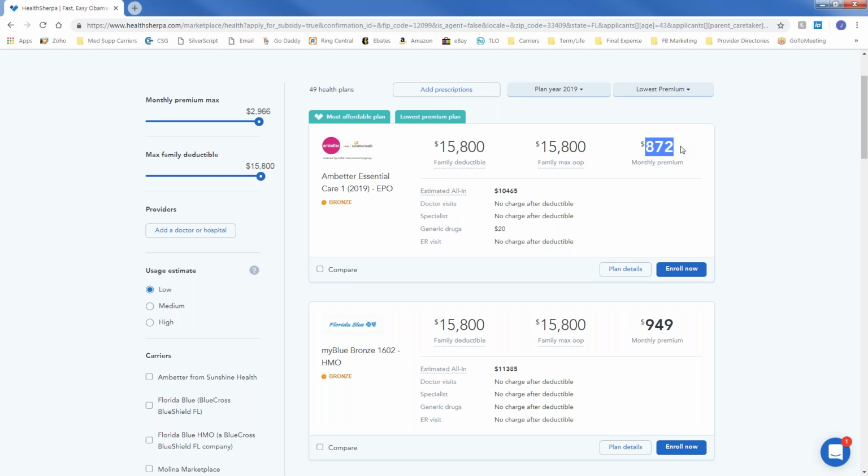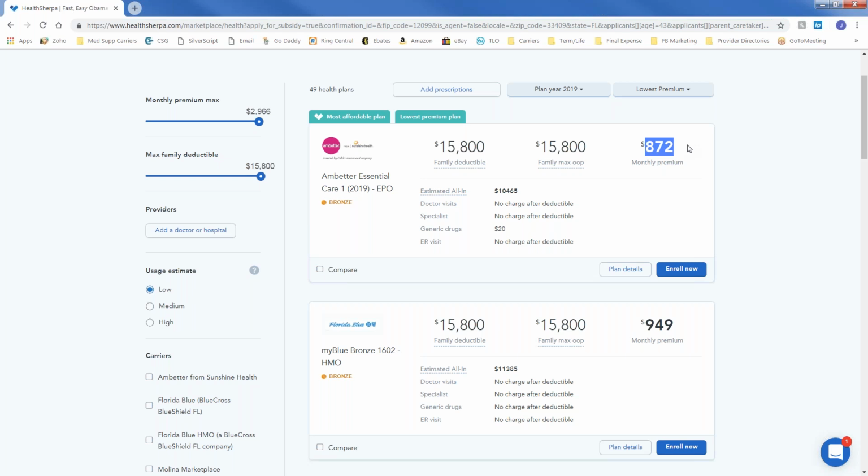Doctor visit, blood work, emergency room, hospital overnight stay, surgery, doesn't matter. Other than a physical is $150 cash, just so everyone knows. But other than a physical, we would have to pay $26,264: $15,800 for the deductible, $10,464 for the premiums, $872 times 12, before the insurance company pays a single dollar towards our health insurance bills.